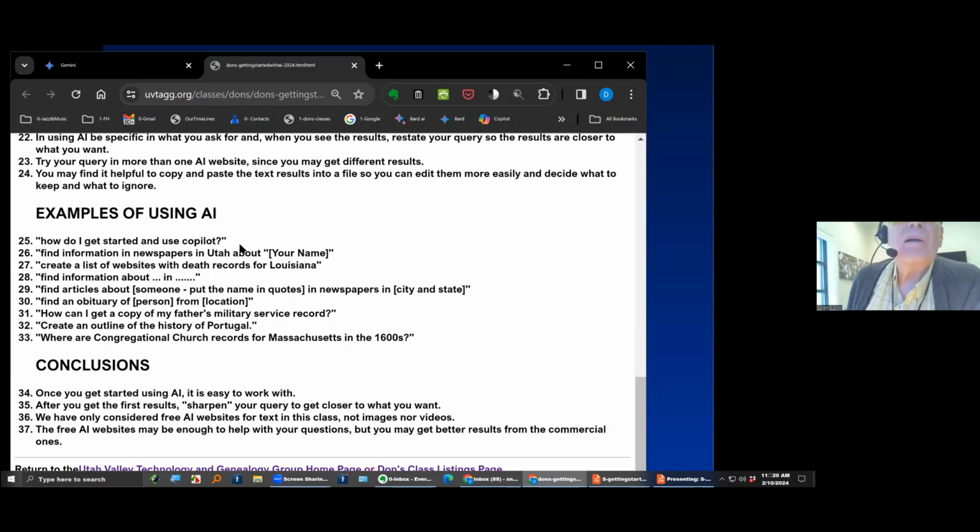It's worthwhile to think about doing that, or find information in newspapers in some place like Utah about yourself, or whatever state you happen to be in. I typed in something. I said, find information about my dad. He was a dentist in Los Angeles, and it came up with something that I'd never heard of before,